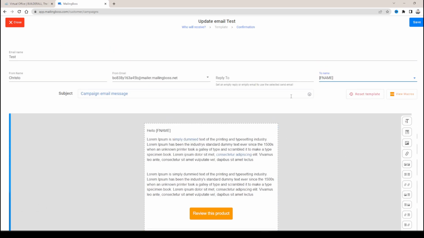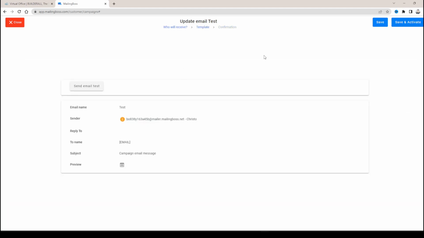Once you've completed and edited as you like, you can say save. Once we click save, it will take us to the next part where we can simply verify and preview what we need, and if everything is correct, we can just click on save and activate. This will activate the email and allow us to start sending the